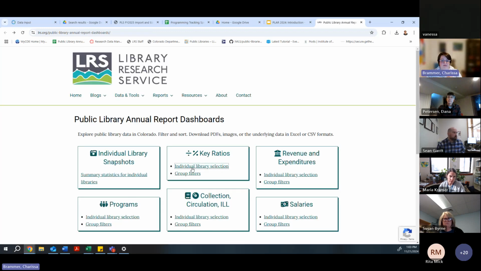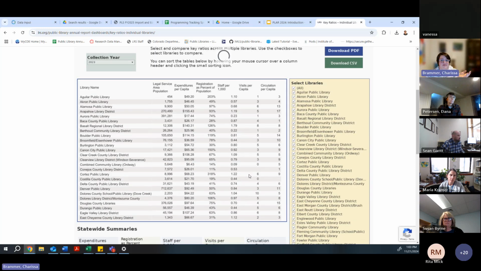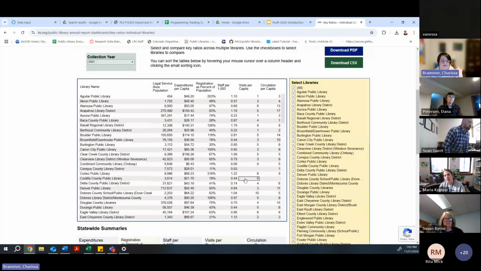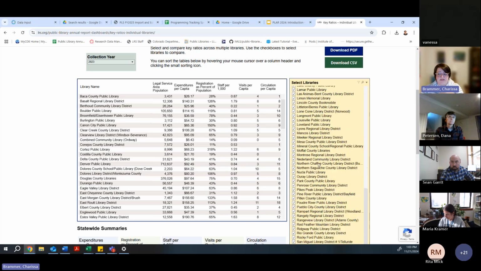And then we have the key ratios, which are things that we talk about all the time: the staff per 1,000, visits per capita, circulation per capita, those things. Here, you can select all of the libraries. You can also select any number of libraries that you want to compare to here.